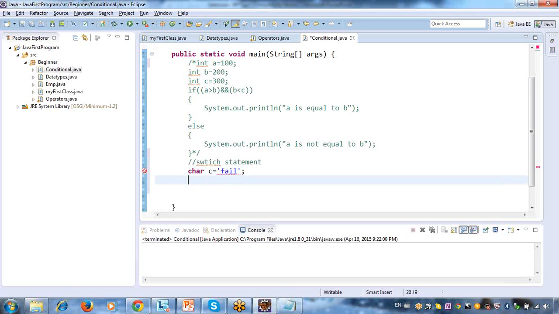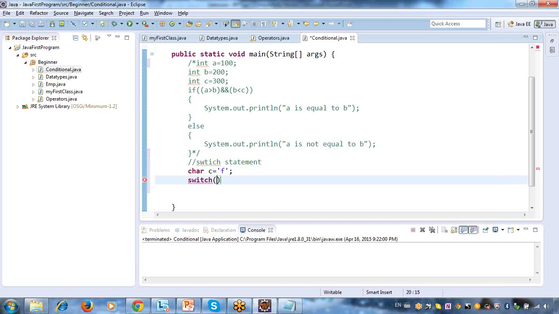Okay. Now what I will do is use switch. So this is your syntax.